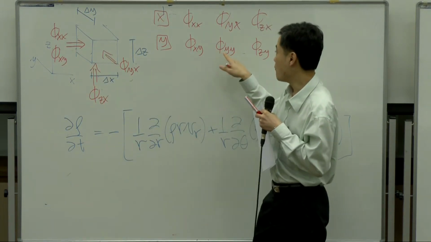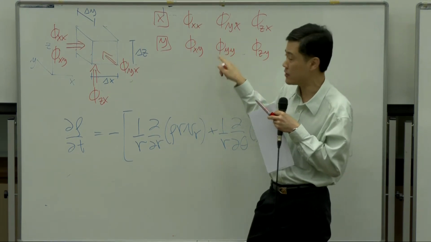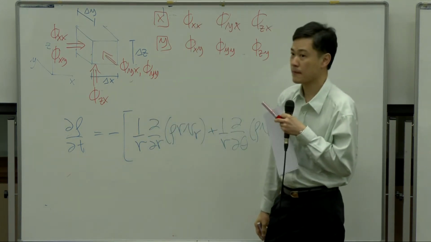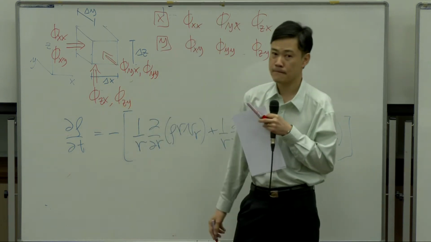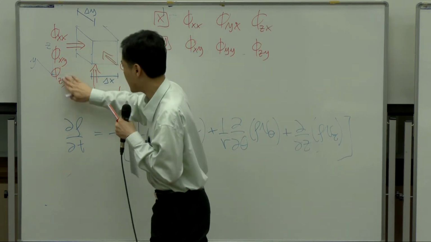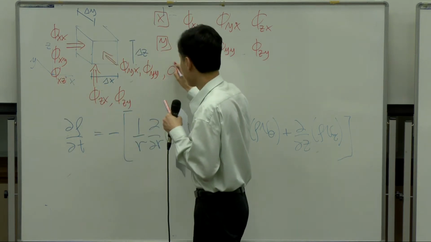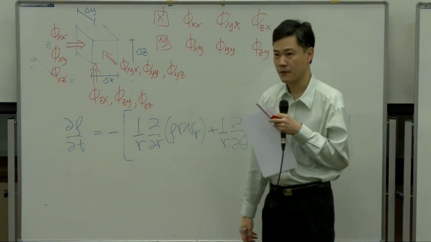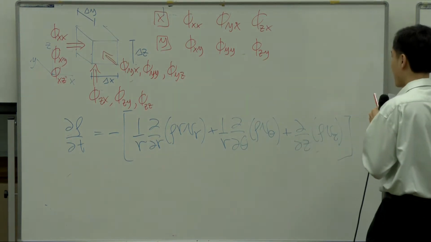Okay? yy, that's y momentum transferring in the y direction. It will go here. And zy would be here. So for z momentum, you have xz, yz, and zz. Okay? So if you do the balance for these momentum,